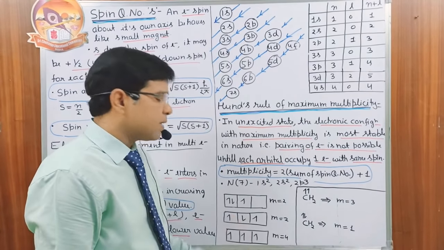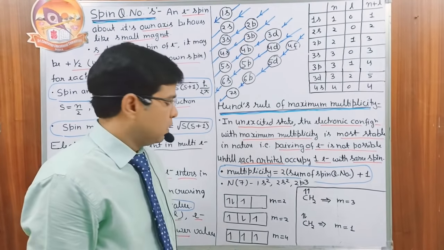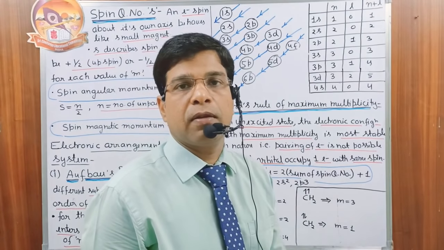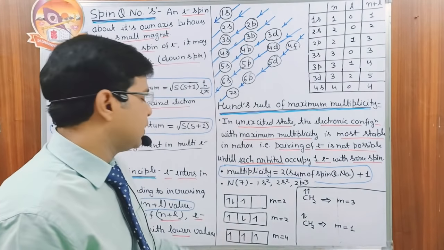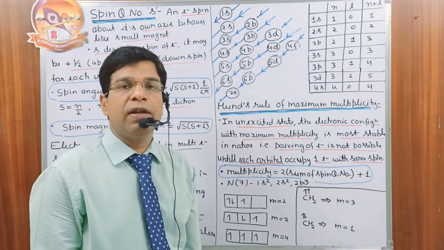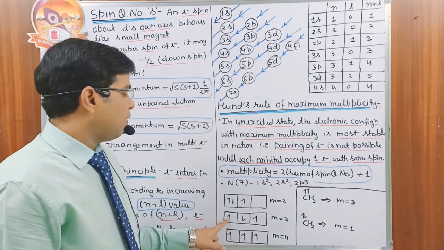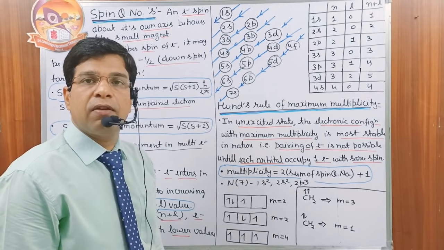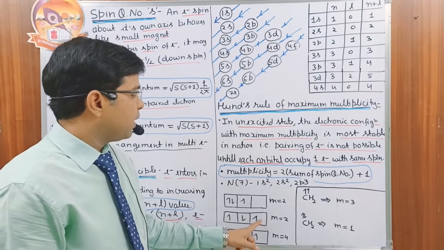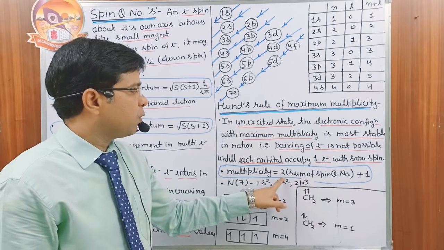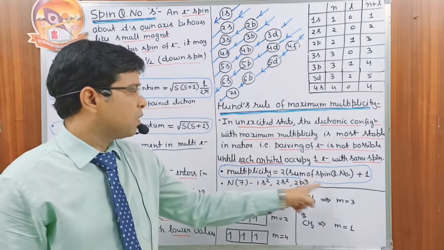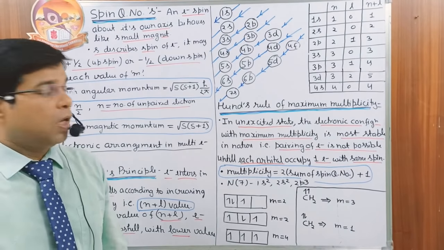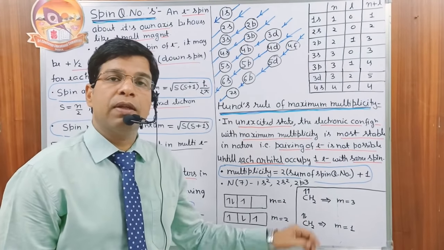In the next arrangement, each electron occupies a different orbital, but one electron has a different spin. Now we calculate the multiplicity. Half plus half minus half: on addition they cancel out each other. Then the remaining is plus half into 2, 1, 1 plus 1, 2. So the multiplicity is again 2. Both have the same multiplicity.